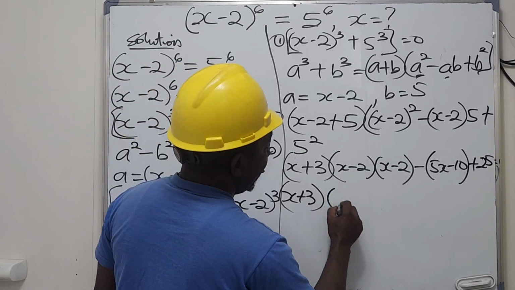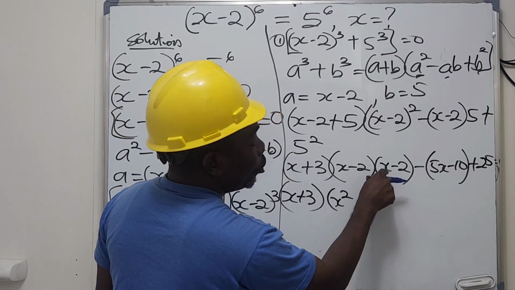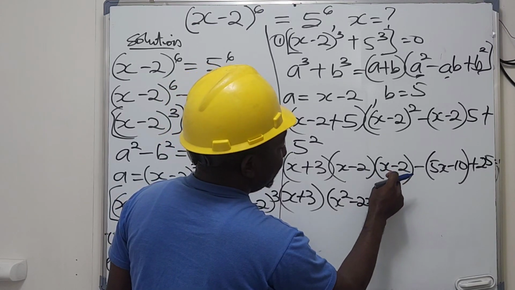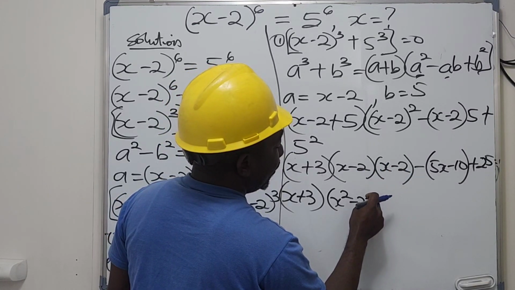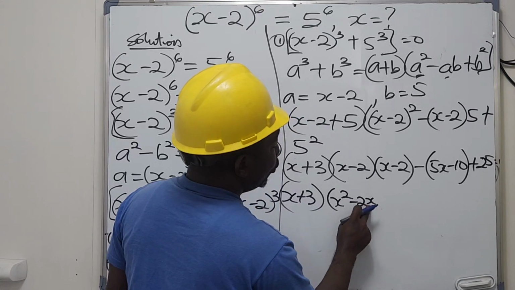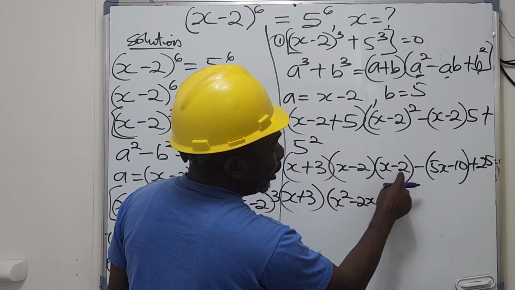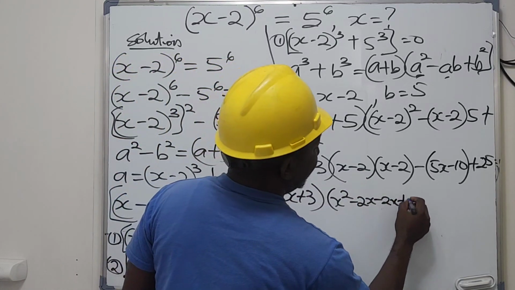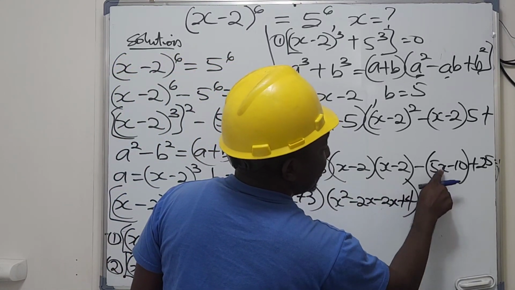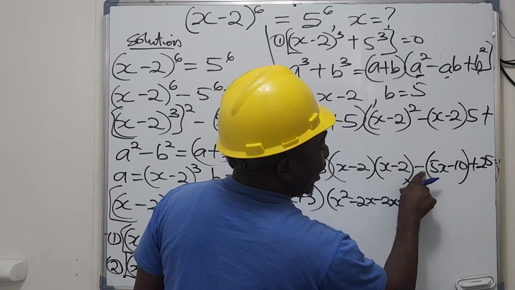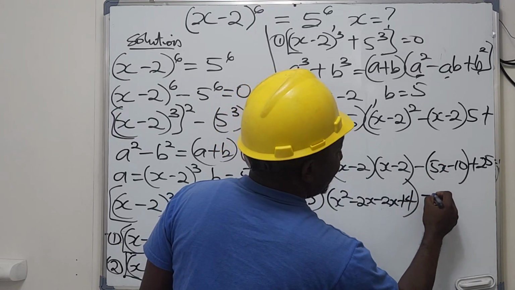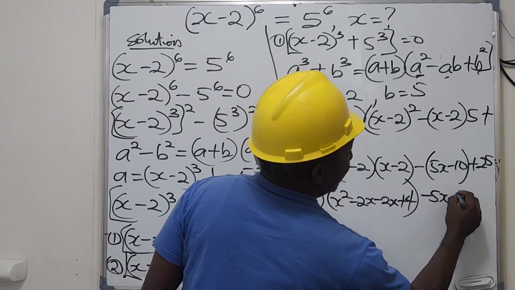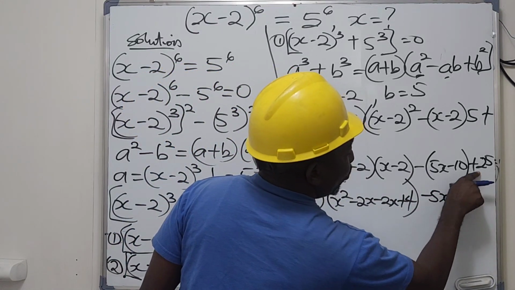here x times x, we have x^2. Minus 2 times x, we have −2x. Then x times −2, we have −2x. Then −2 times −2, we have plus 4. Then we expand this: minus times 5x, we have −5x. Then minus times −10, we have plus 10. So here we bring down